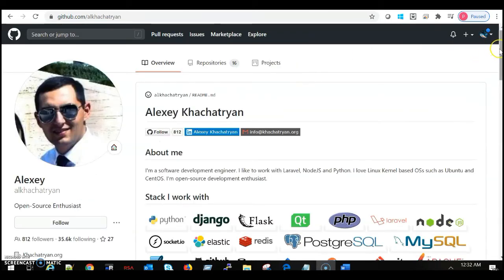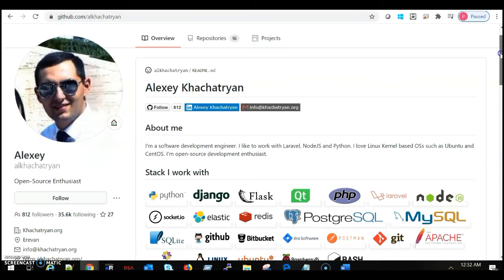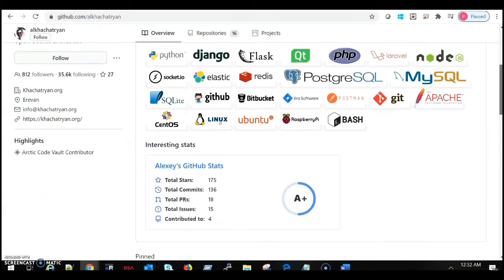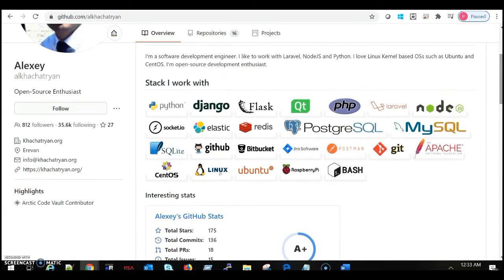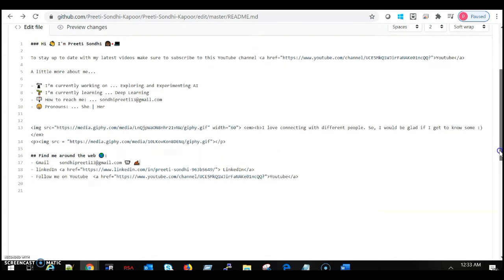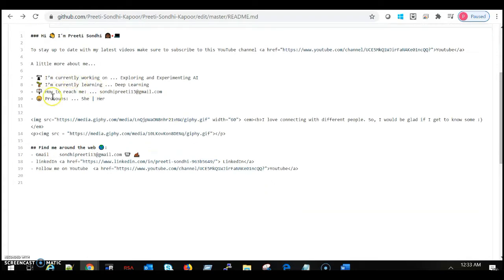I want to show you guys somebody's GitHub readme profile. Look at this, how beautiful it is. So let's create ours. I will also tell you a trick how you can do this within a minute actually. So here I have created my own readme profile. It's very simple. If you are familiar with basics of HTML CSS, it's quite easy, nothing fancy here.